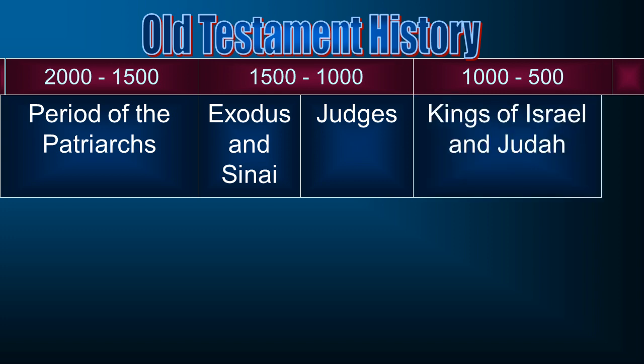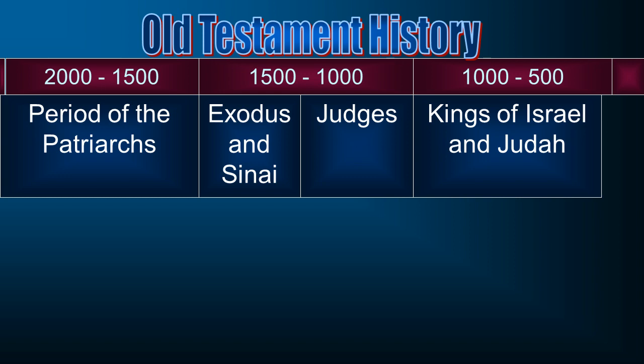But after King Solomon, the kingdom of Israel will be broken up into two kingdoms. And so we'll have the northern kingdom of Israel and the southern kingdom of Judah. So notice kings of Israel and Judah, which takes me to close to 500. Here I can get pretty exact. 586 BC, date certain, or within a year at least, where the northern kingdom will already have been taken into captivity by the Assyrians. Date for that is 721 BC.